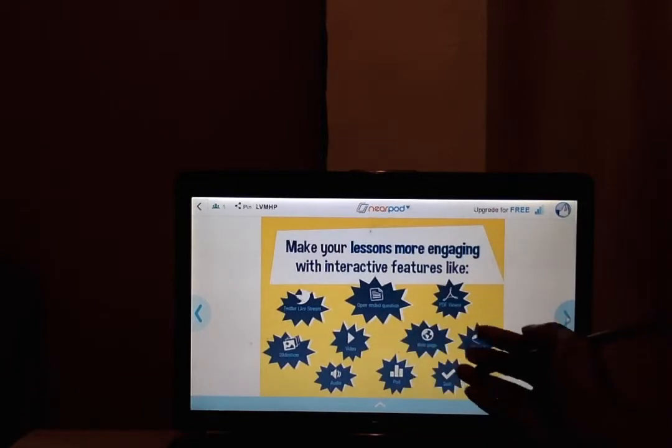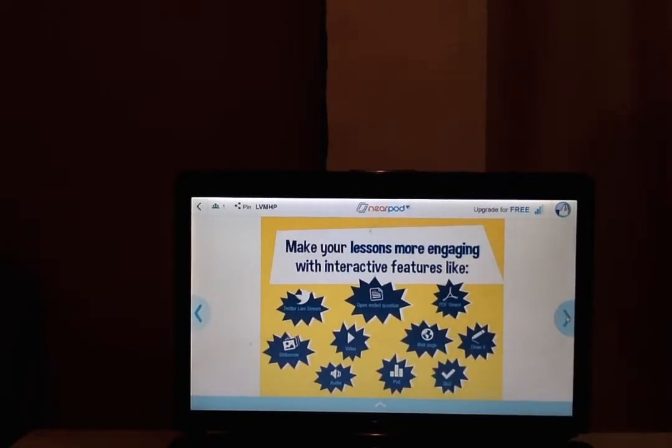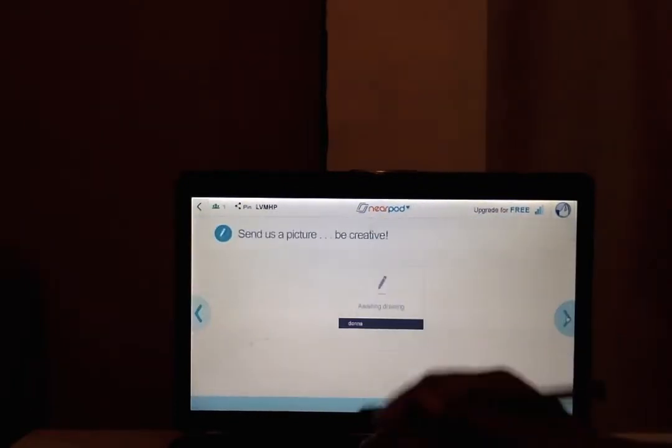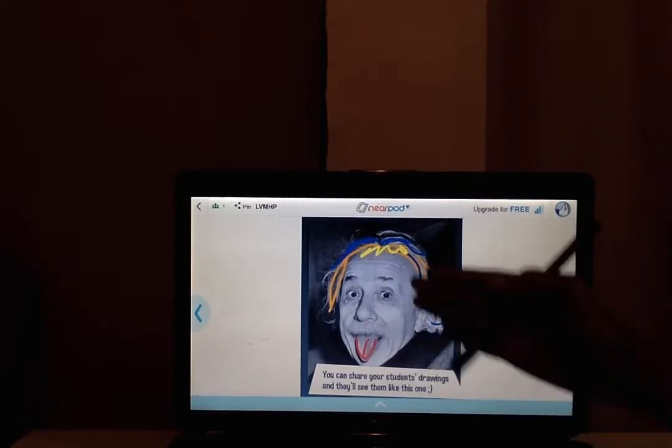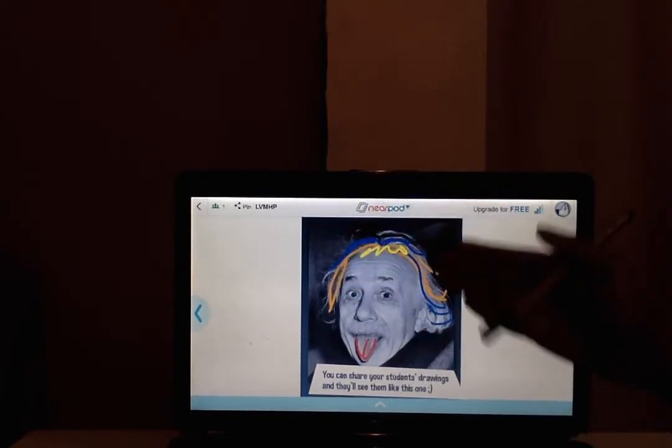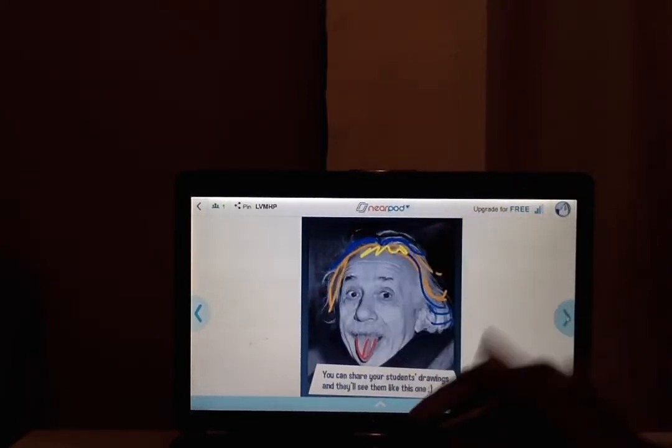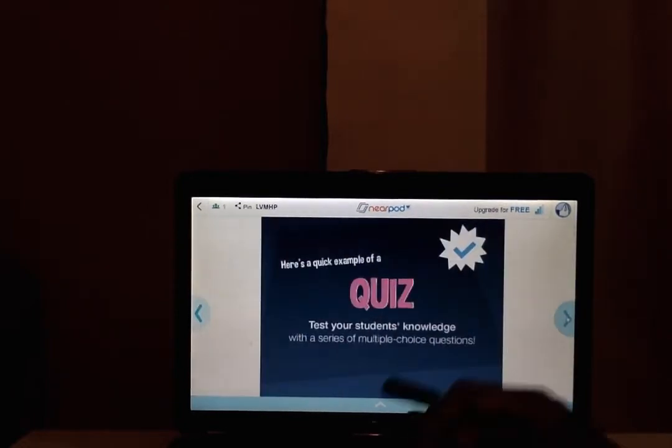English classes. And students do not have to worry about draw so much because if they cannot draw, they can actually upload photos or clip art into the draw feature. Here's an example of a draw feature that a student has taken a pre-existing picture and added their own drawings onto there. Now with the quizzes,